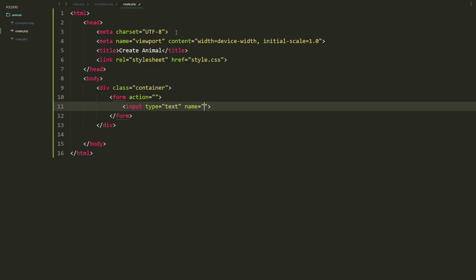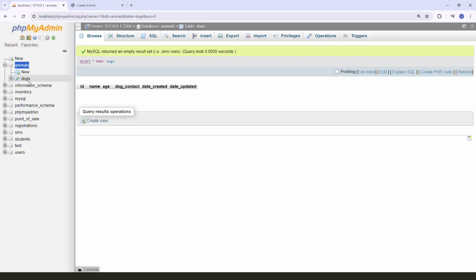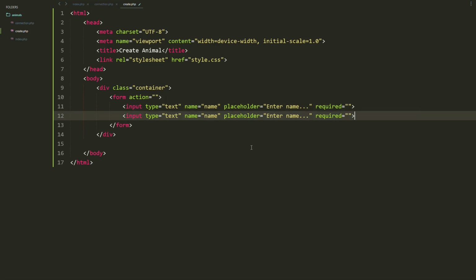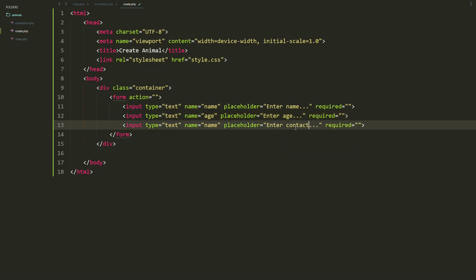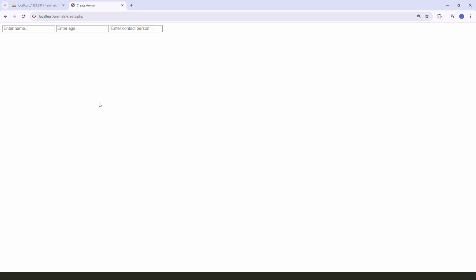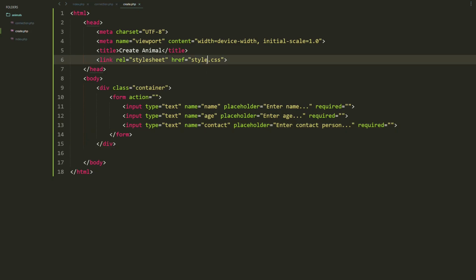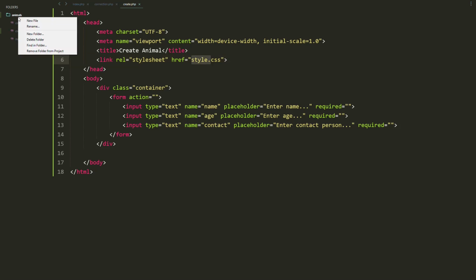we'll capture the name of the animal. Then let's make this required. So let's check the columns. Here we'll have the age, and then the contact person. Just this contact. Save, refresh. We have nice inputs. So this style.css file, let's create this one,